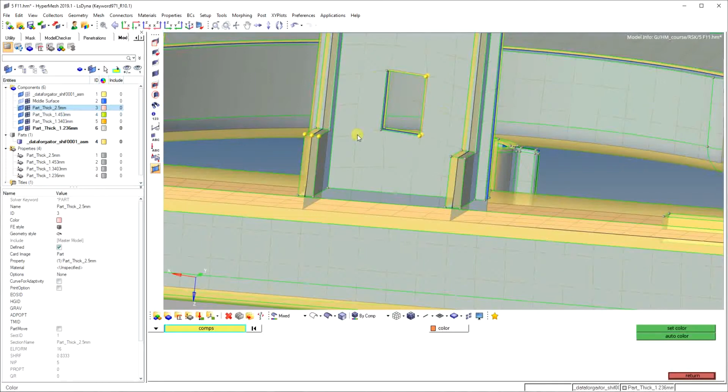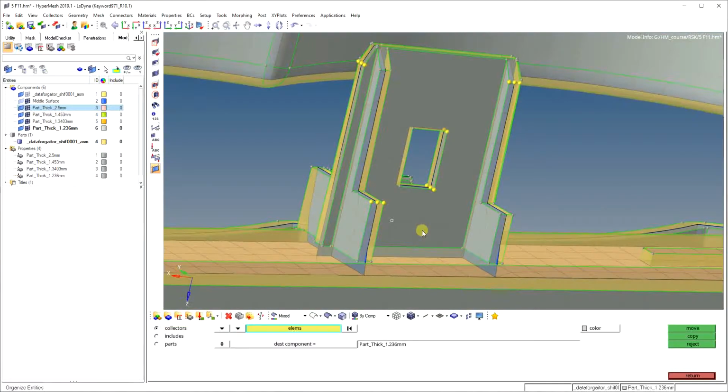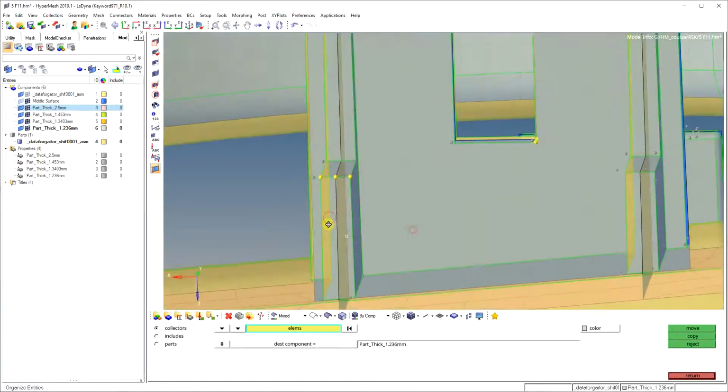For the middle we are giving 1.340, and for the top we are giving the thickness as 1.236. Okay, means we are moving these lower elements.